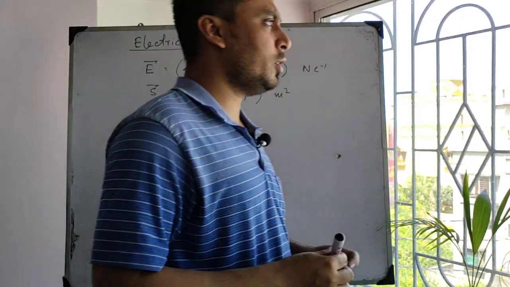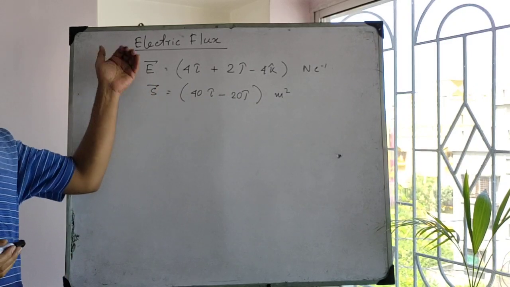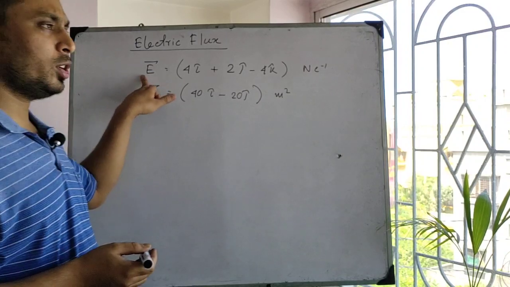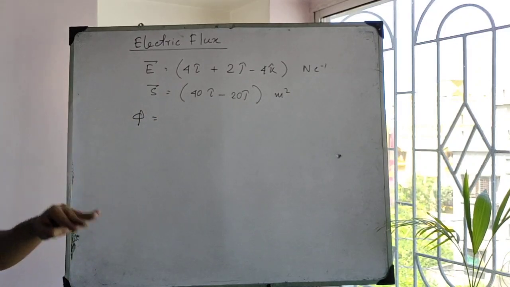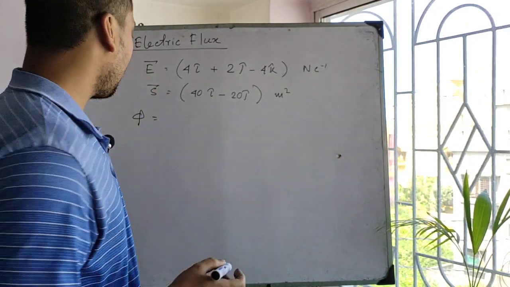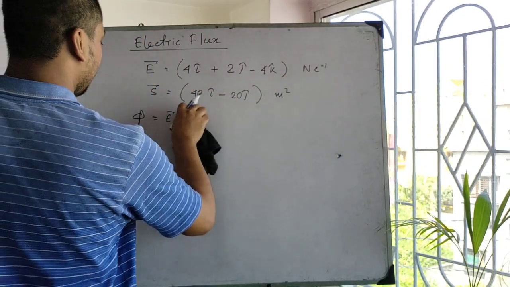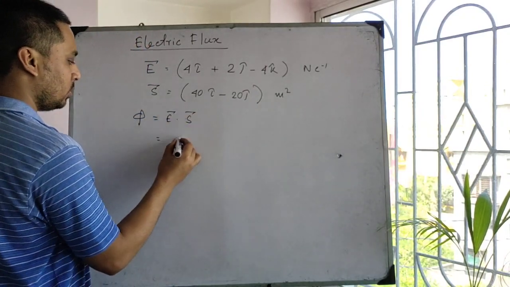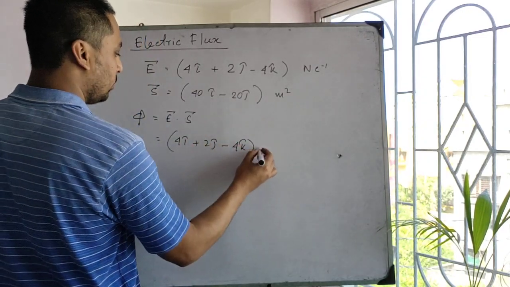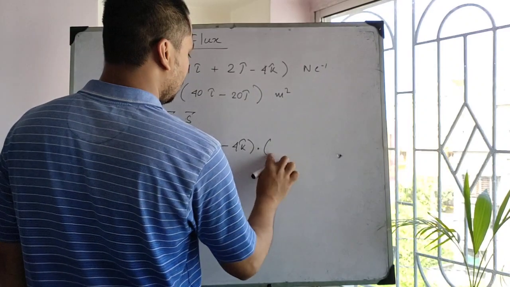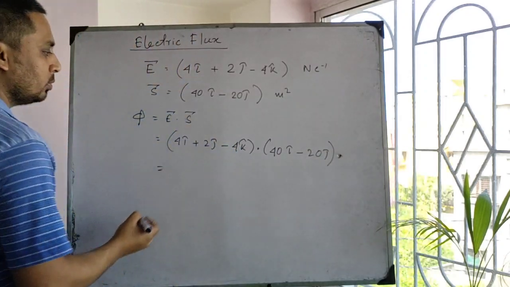Okay, then what is the electric flux passing through the given surface S due to the electric vector E? So the flux, what is flux? Flux is the measure of electric field lines passing through any area. So the flux is given by E dot S, and it is 4i plus 2j minus 4k dot 40 i cap minus 20 j cap. Okay,